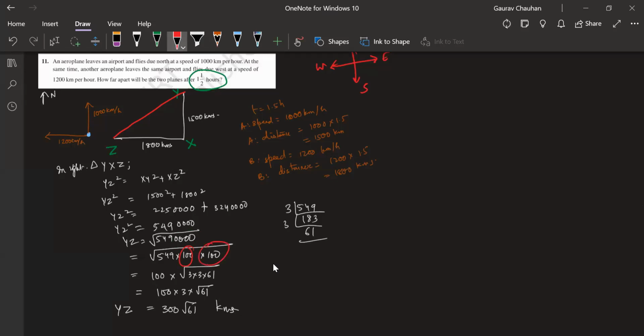So this 100 and this 100, I'm taking one single 100 off. So remaining only 500, I'm doing 500 by 61. I think I kind of remember that 61 is a prime number because I've done it. Maybe you might not; it might not come to your mind directly. So you see, it's clearly not going by 2. It's not going by 3. It's not going by 4. 5 also it's not going. It's not going by 6. 7 also it's not going, because 56 is going by 7. 9 it will, don't worry, try only prime numbers.